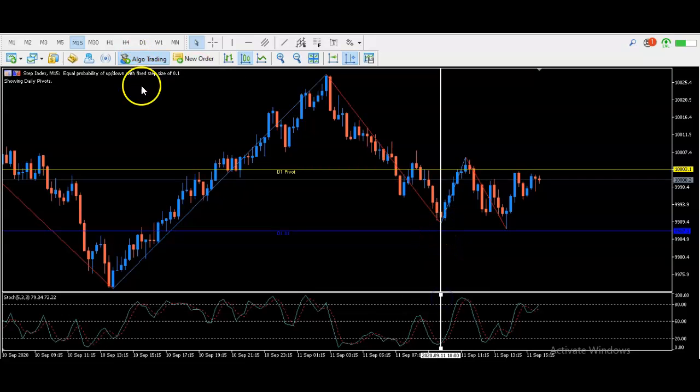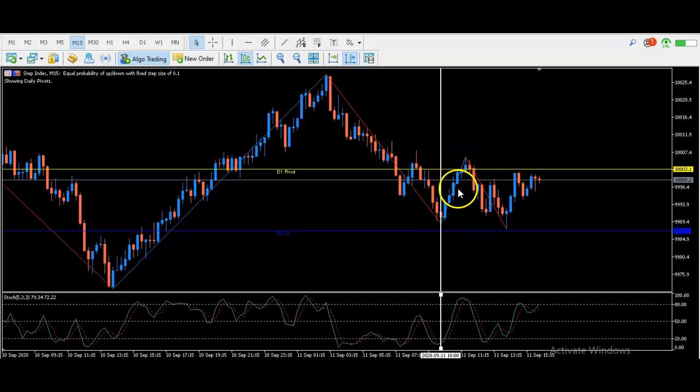This is step index and it's 15 minutes now that we are on, so you can then make an entry and leave this to buy till the next pivot line. In this case, the next pivot line is this yellow line. So you could have entered after this pin bar. We could have made an entry on this one and we could have just bought all the way